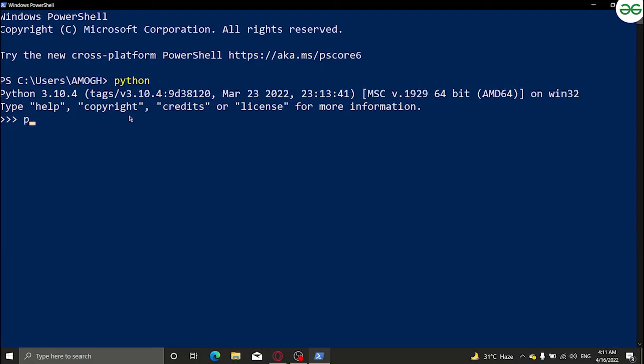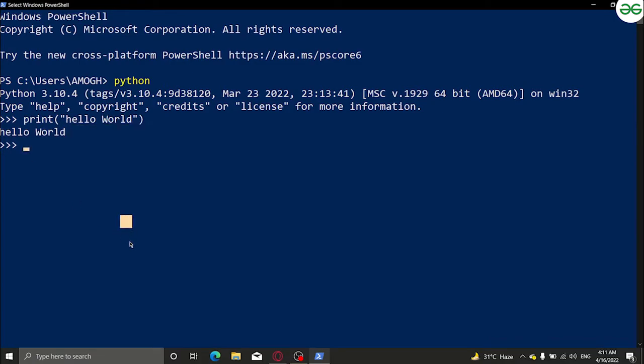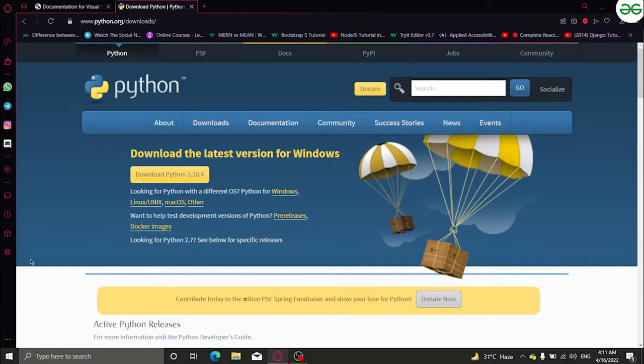Now let's have a quick hello. We should print the first command that we usually print in every language, that is hello world, right? I have typed print hello world, and as soon as I press enter, it says hello world. But you can see that typing in PowerShell is not that efficient, right? That's the reason why we have downloaded VS Code. So let's install VS Code as well.